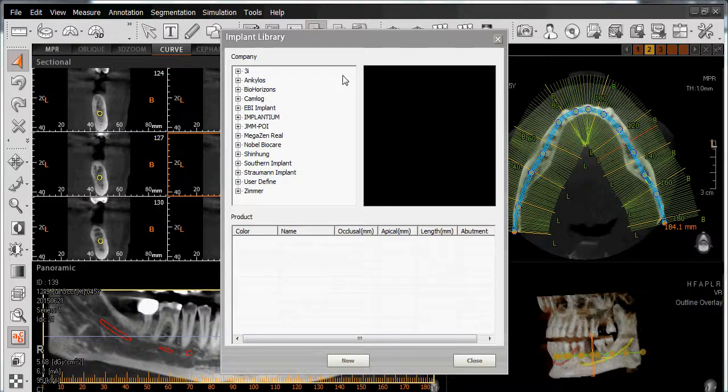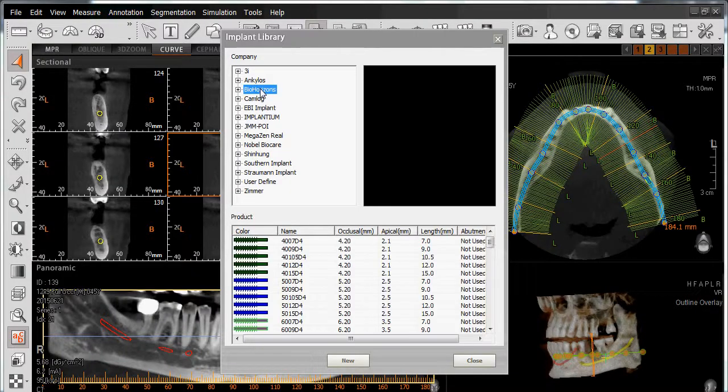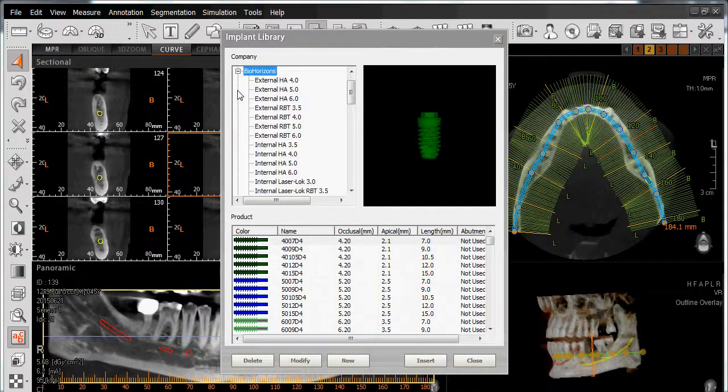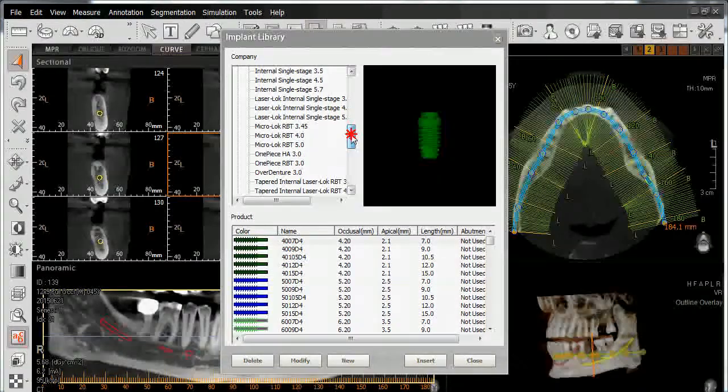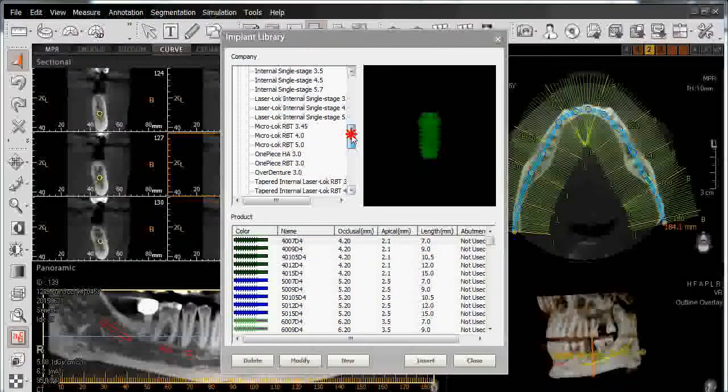The implant library of the EZ3D software can be customizable to include any combination of 37 different manufacturers. To identify and browse a specific manufacturer, either left-click once on that manufacturer, or left-click on the plus sign to the left of that, which will then open up all of the different model types associated with that brand. To scroll down through the various model types, simply left-click on the scroll bar on the right-hand side,